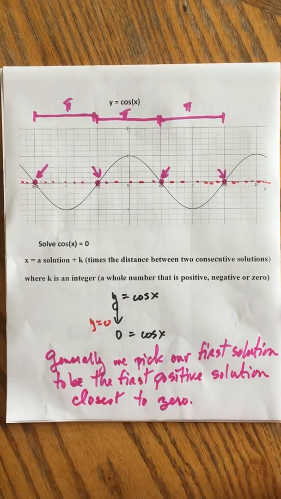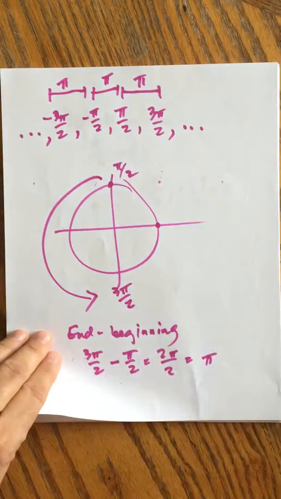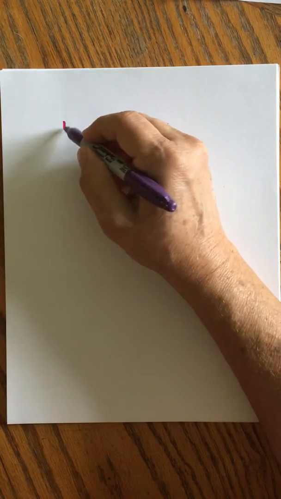All right, so the smallest positive solution. In our case, that would be pi over 2. So now let's take a look and see if we can write this out. So at pi over 2,